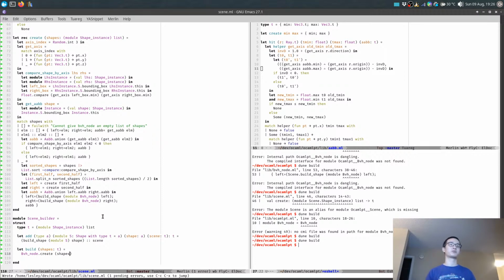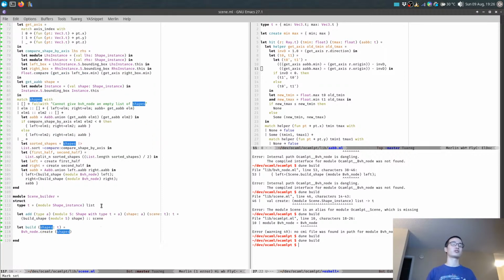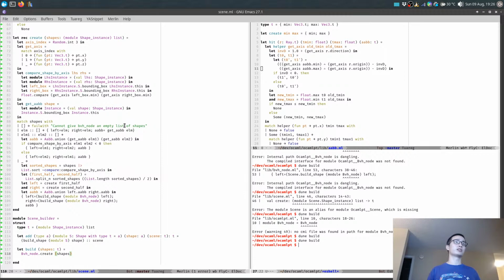Since our builder is basically a list of shapes, I will just call it shapes inside this function. This way it returns a BVH node, but what we need